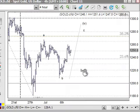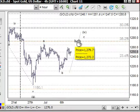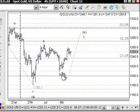So the little corrective pattern that we're looking at the moment, we're looking at this as the A wave, the B wave, as you know, and we're looking up here for 5 waves further up there. There's a couple of ways to count this up through here. It can be counted as 5 waves already to here. It can also be counted as 1 and 2 and 3 to here, 4 to pull back to